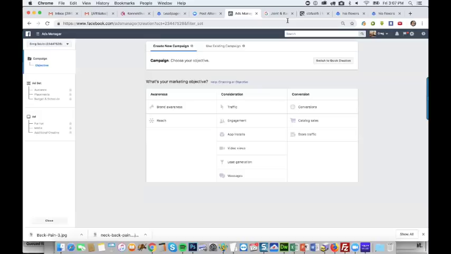Daily budget, I'll stick with the $20 that they recommend. And let's see what our advanced options are. Pixel. Okay, so now this is important. Your bid strategy, basically what we're trying to do is get the lowest cost per purchase. They're finding sales for us, so we want to get the lowest cost.